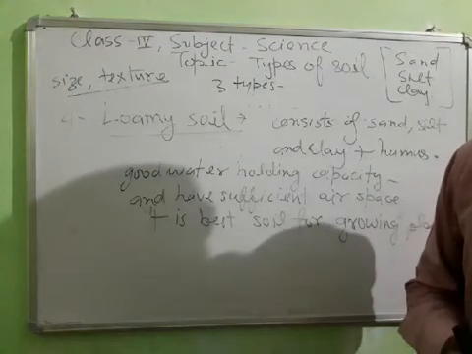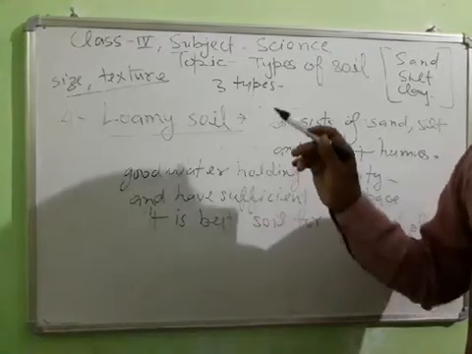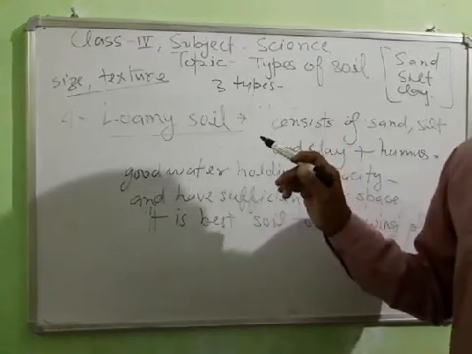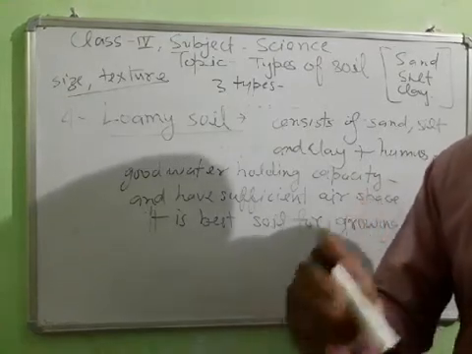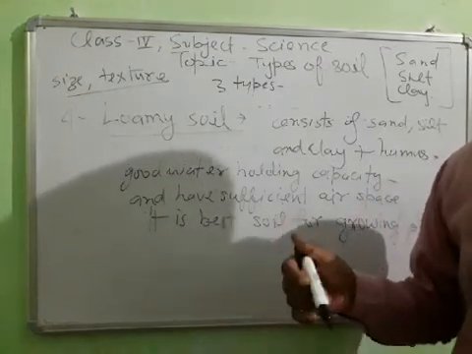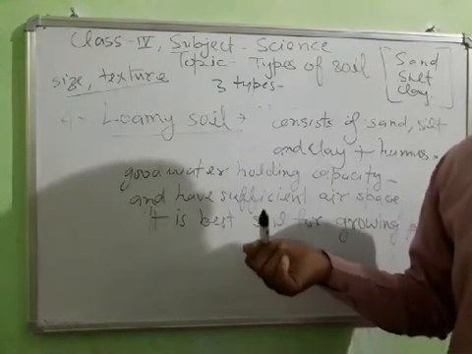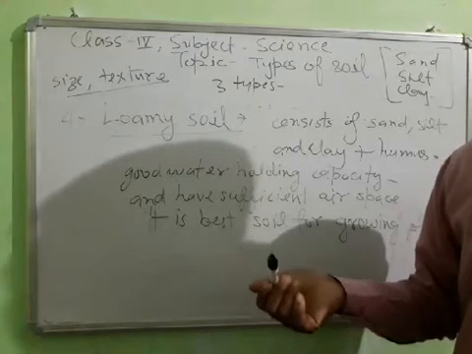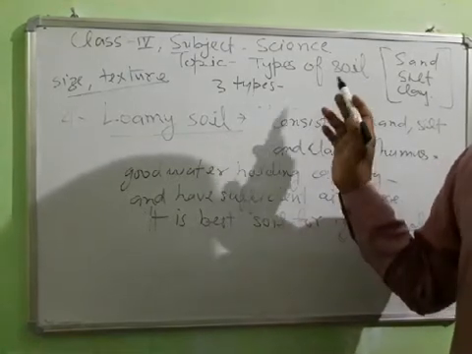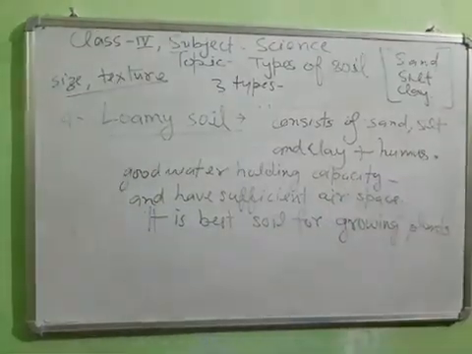Okay. So try to understand once again about the three types of soil. Just revise. I have given 1 minute to revise the three types. What is the medium of soil? Medium of the particles. What is the texture? And what types of plants can grow in that particular type of soil. Revise once again students. I am giving 1 minute.